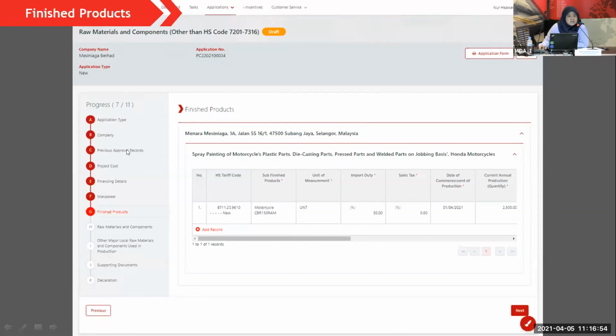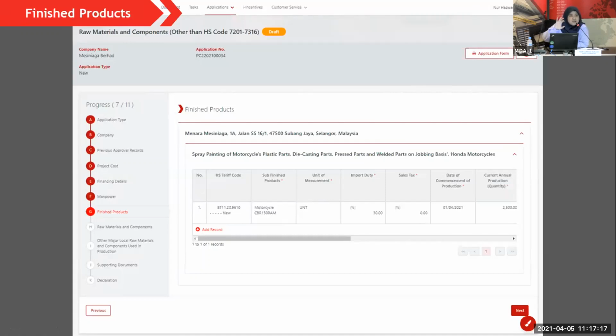As I mentioned earlier, you have to key in the information based on the ML accordingly. So the finished product listed here is the one that is in your ML. Sub-finished product is more of a defined product name.